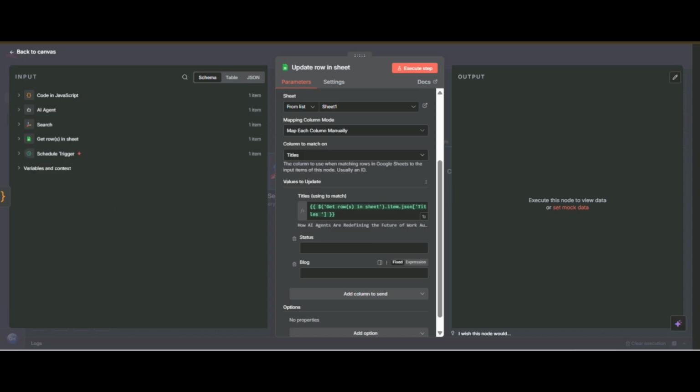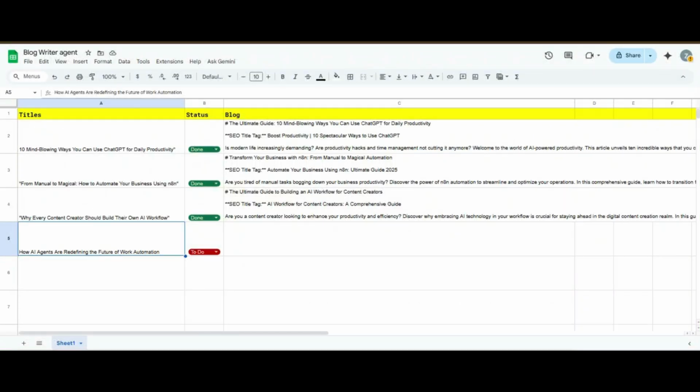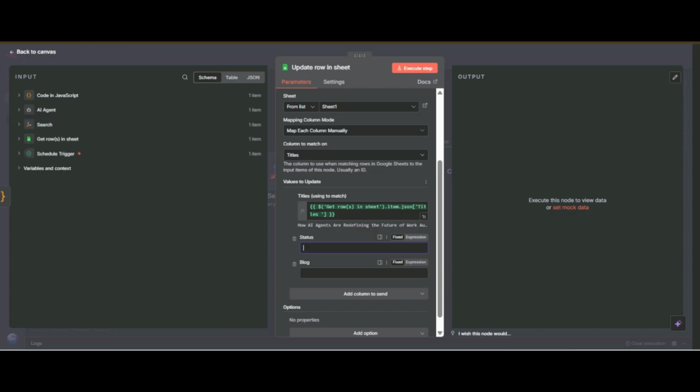Now status. This time we have created our agent, and we want that when the AI agent has completed its blog post and saved it to Google Sheets, we change the status to done, because next time we retrieve, it would also retrieve this item, which is not right for us. So select status done.